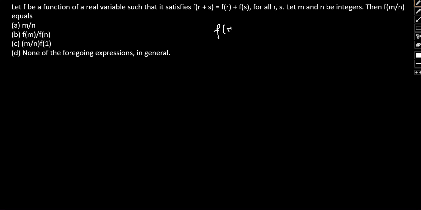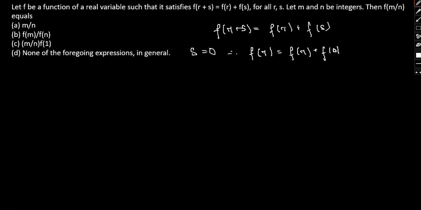Here we have f of r plus s equal to f of r plus f of s. Okay. So if we put s equal to 0, therefore we can have f of r equal to f of r plus f of 0. So therefore this f of r gets cancelled out. f of 0 is equal to 0. Okay. Now